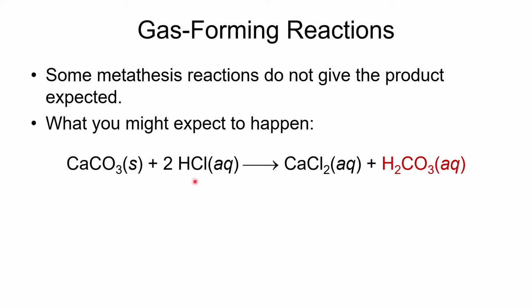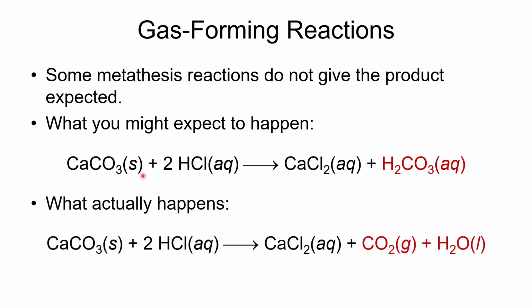So if you were to take calcium carbonate and HCl, it would do a metathesis reaction. So the hydrogen would end up going with the carbonate, and the chloride would end up going with the calcium, and we would get calcium chloride, and you would think that we would get H2CO3, which is carbonic acid. Well, like I said, you do actually get that, but it doesn't stay like this. Instead, what happens is that it actually goes a step further instantly to give you carbon dioxide and water. And if you add all those up, that adds up to the same as the carbonic acid.